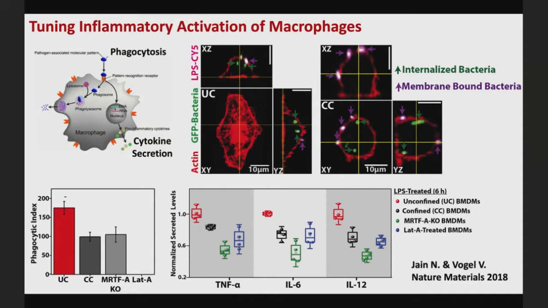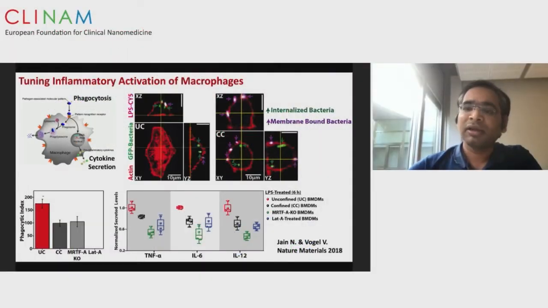And our hypothesis is that in healthy tissues where you don't need immune cells to be activated, cell-cell contact and cell-ECM contact keep the spreading of these macrophages in check and thereby control their activation potential. Whereas if you have any kind of tissue damage or any kind of wound, the macrophages get the chance to spread and increase their inflammation and thereby help in tissue repair or wound healing.